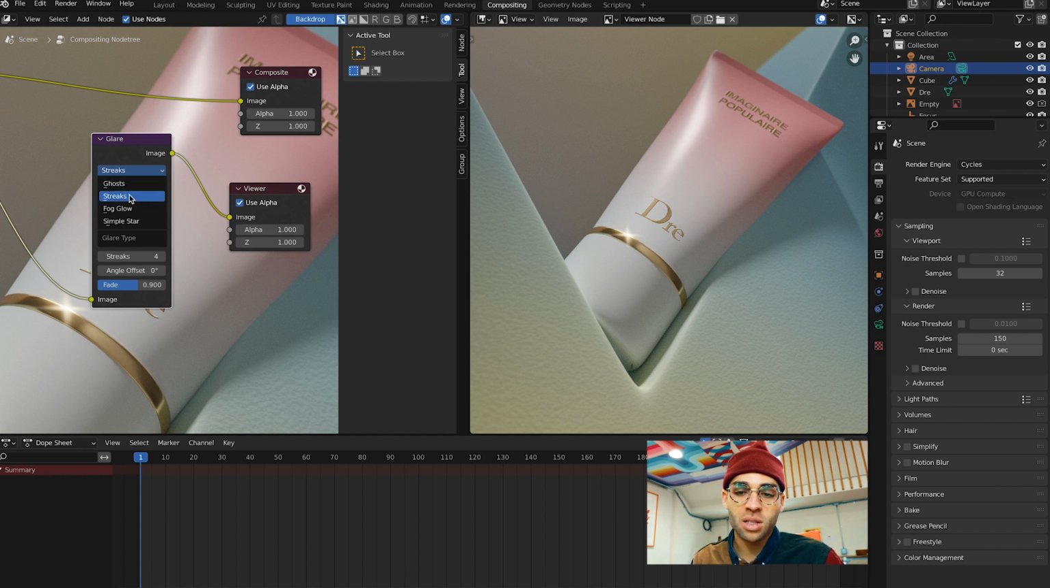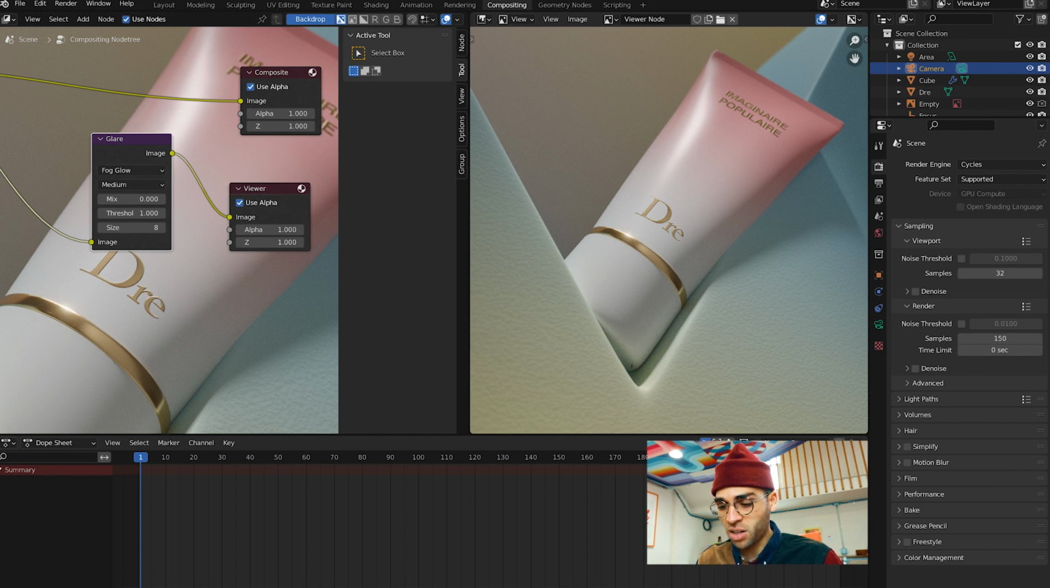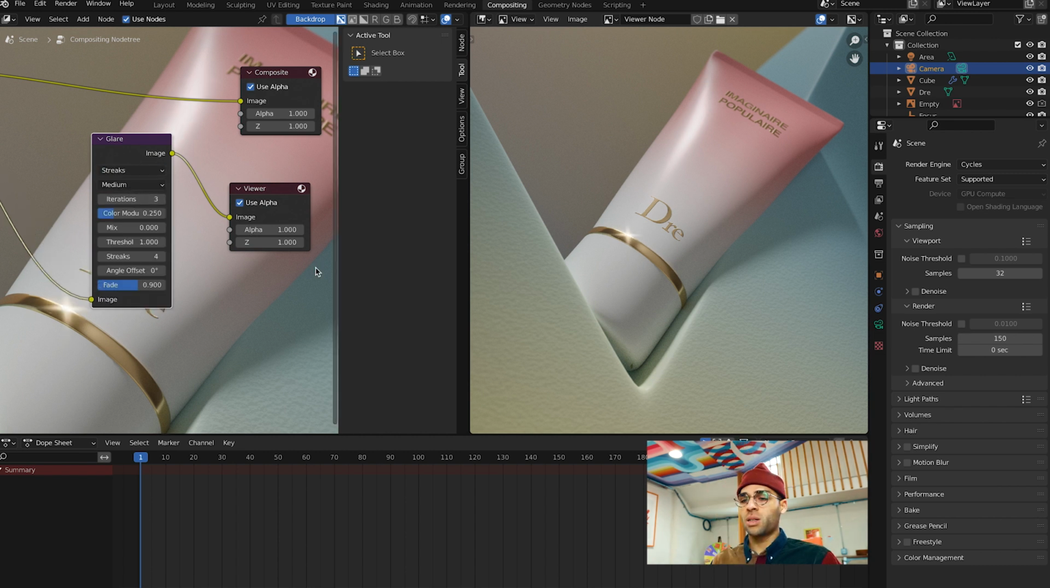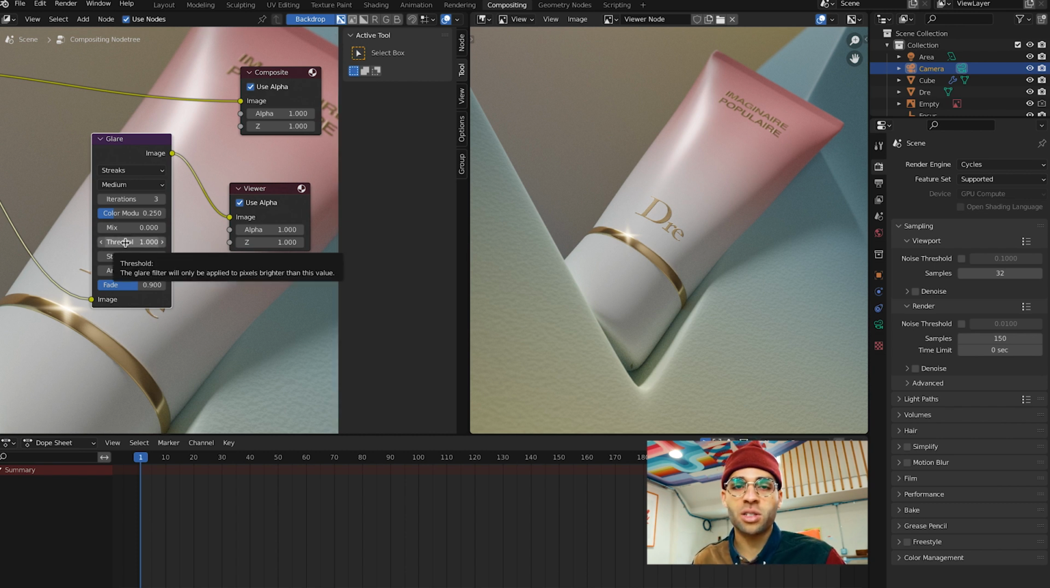You can choose fog glow, and it'll take a second. You can see down here, it's gone. You can do fog glow, so it's a little more subtle. But there's simple star, which looks like nothing apparently. And then you can change this threshold. This threshold is, I guess what it says there, they will only be applied to pixels brighter than this value. So you can scroll around and see what that looks like. Like if you go really low,